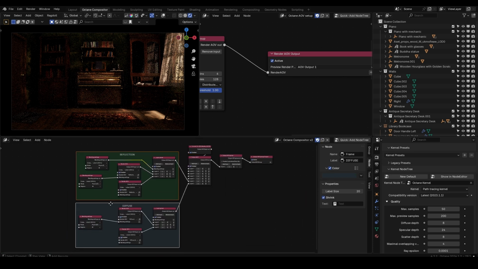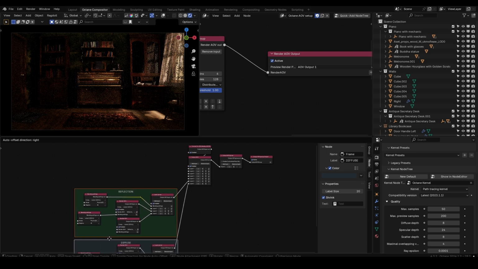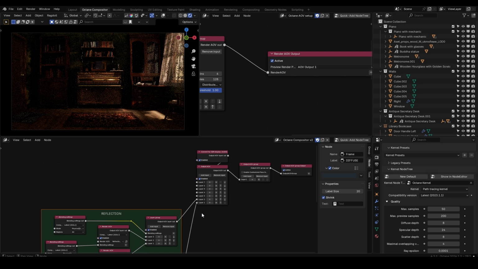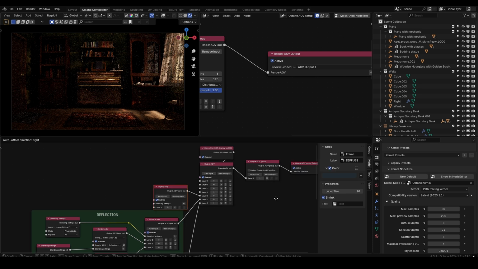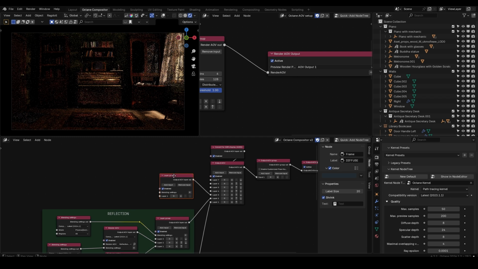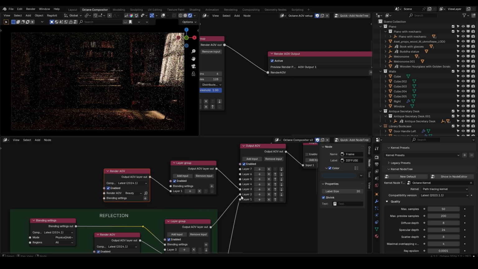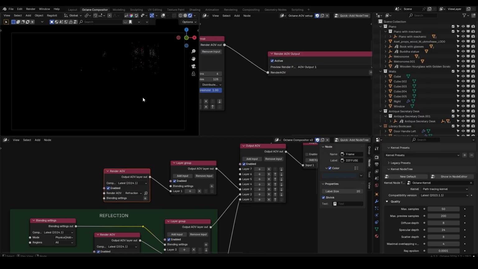Okay, so let's continue building the beauty pass. I'm gonna move this down, and right here I'm gonna add another layer group. Okay, I'm gonna add a render AOV called Refraction. Okay, here we got the refraction, and